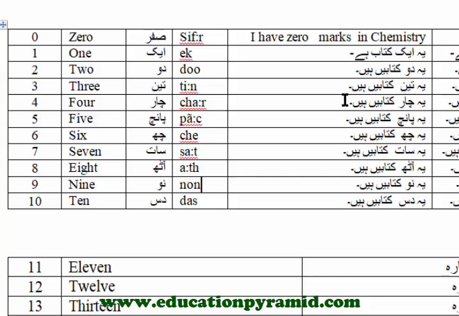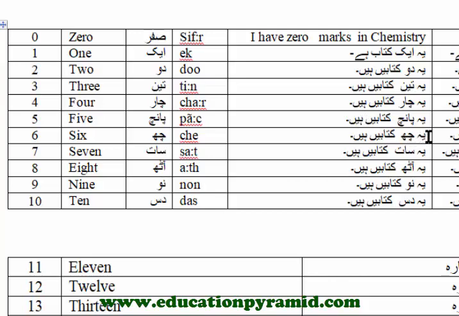ये 4 किताबें हैं. These are 4 books. ये 5 किताबें हैं. These are 5 books. As I have already mentioned, in Urdu we can substitute English words very easily. Like in this sentence, when we are saying these are 5 books or these are 4 books, we can also say ये 5 books हैं. ये 5 किताबें हैं. 5 books, 5 किताबें.